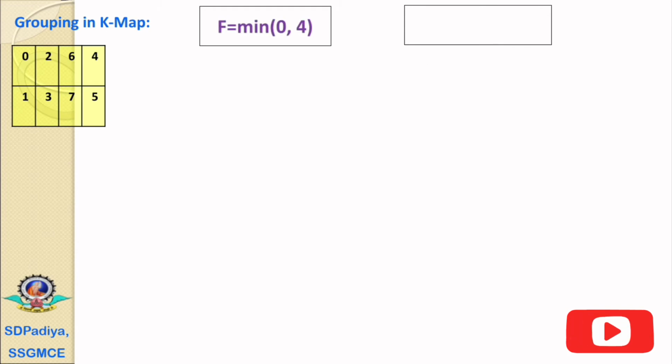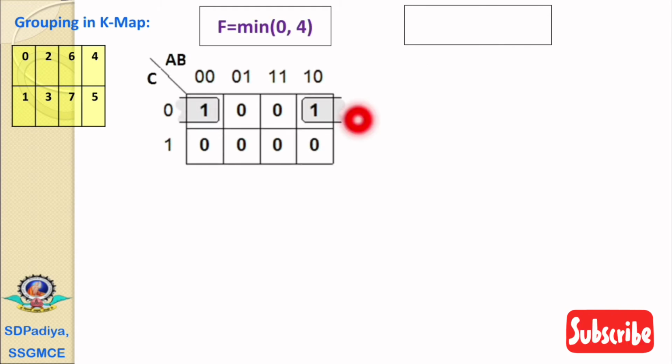The next is an example of a function with the two min terms 0 and 4. Again, we have designed the K-map with 8 cells, with 4 columns and 2 rows. At the column side, we have defined the variables a, b as 00, 01, 11 and 10, and at the row side, we have defined the variable c with the values 0 and 1. Now, by referring to the designation of these cells, for the cells whose designations are 0 and 4, we have written 1, 1.